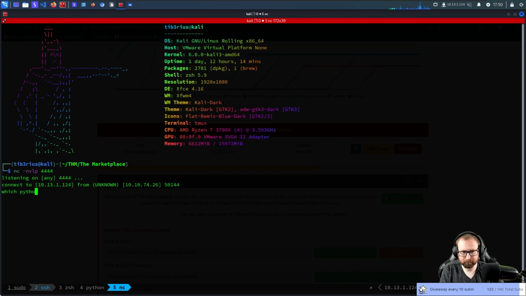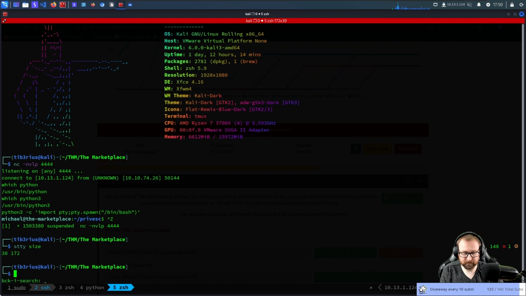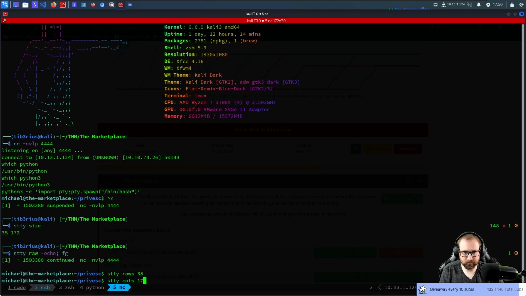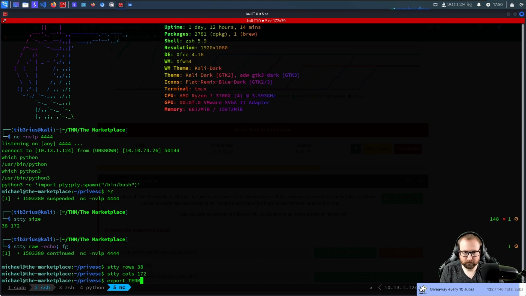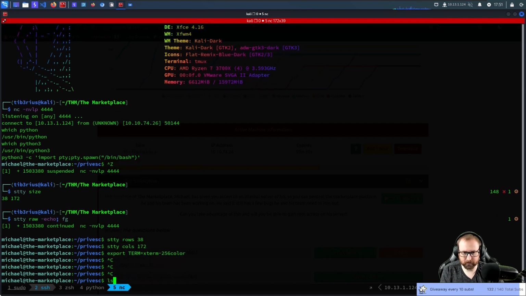I need to do Python 3 -c import pty.spawn bin bash. Now we can do Control Z. Now we can do STTY size and STTY that. Now we're here. We can do STTY rows 38, STTY cols 172. Export TERM=xterm-256color. And now we have a nice, lovely, stable shell.